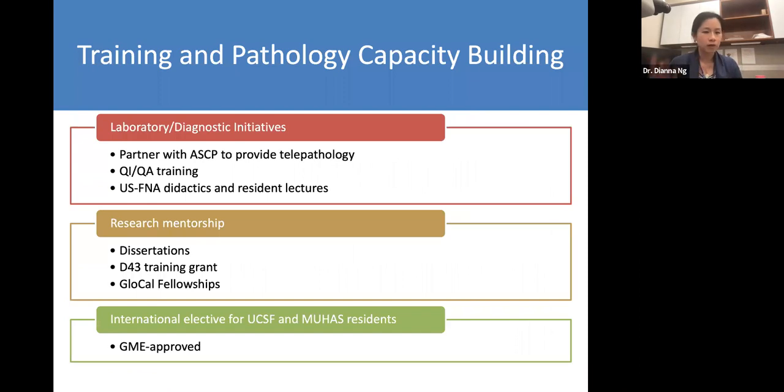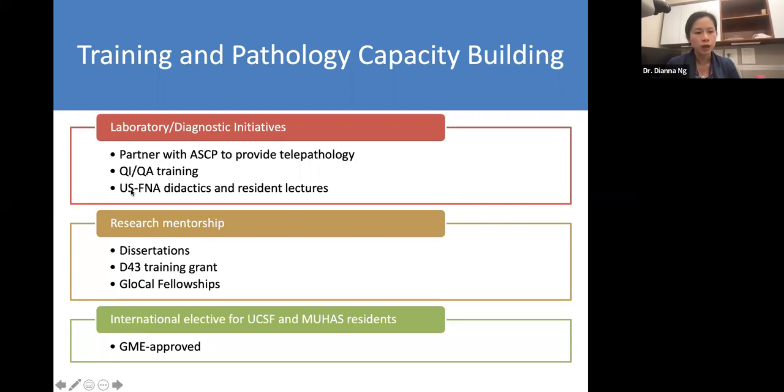So aside from all this research, I'm also very involved in traditional pathology capacity building efforts and education and training. One thing is that we've partnered with ASCP, the American Society of Clinical Pathology, to use the whole slide imagers that were donated by them to MUHAS to provide telepathology in Tanzania. So we have a cohort of about 50 US pathologists. Every subspecialty is represented,